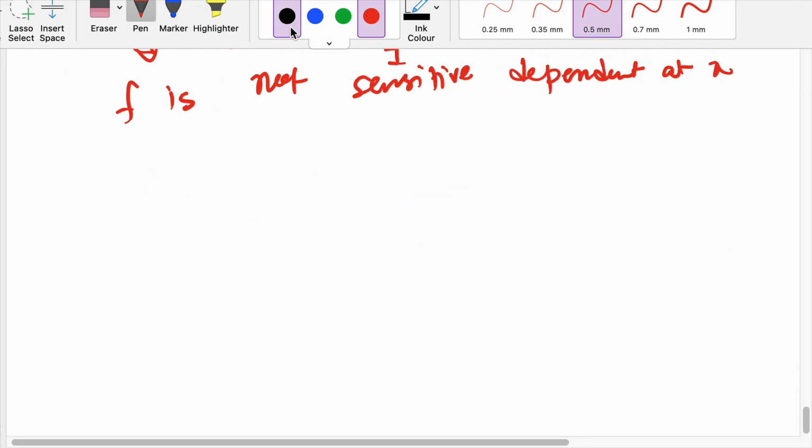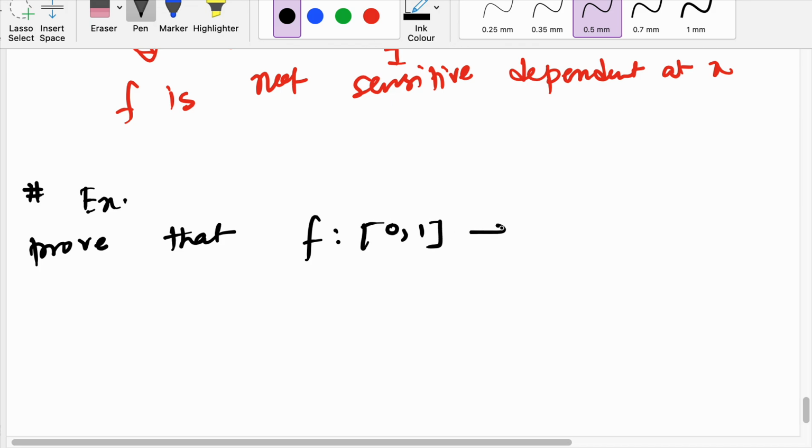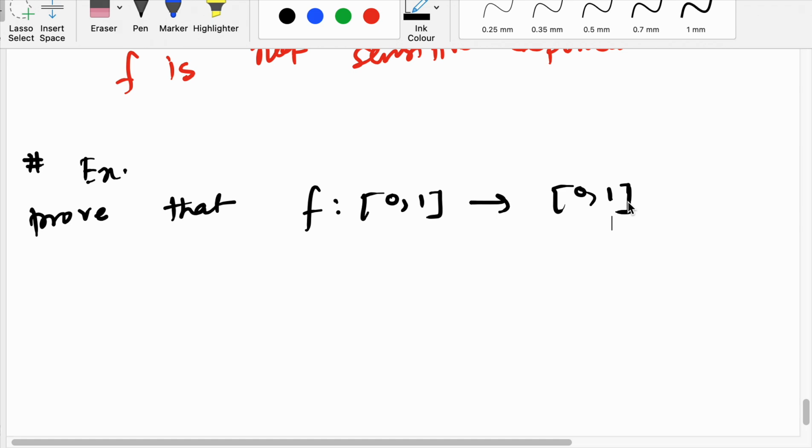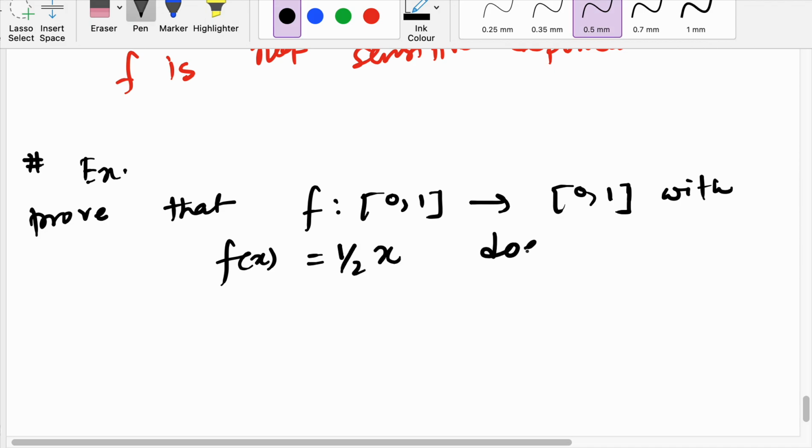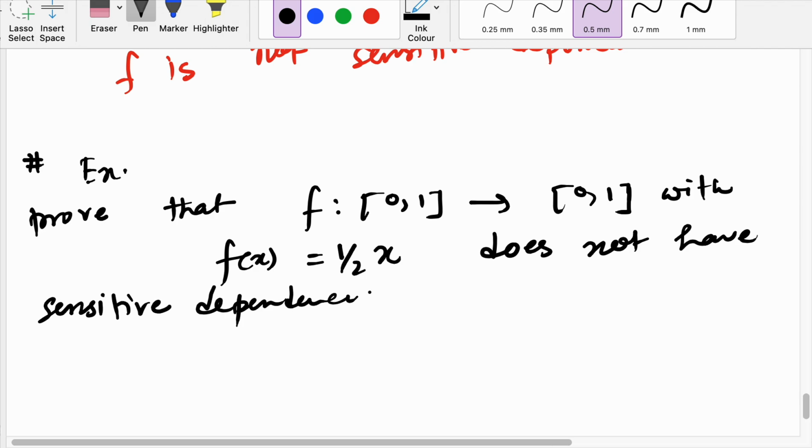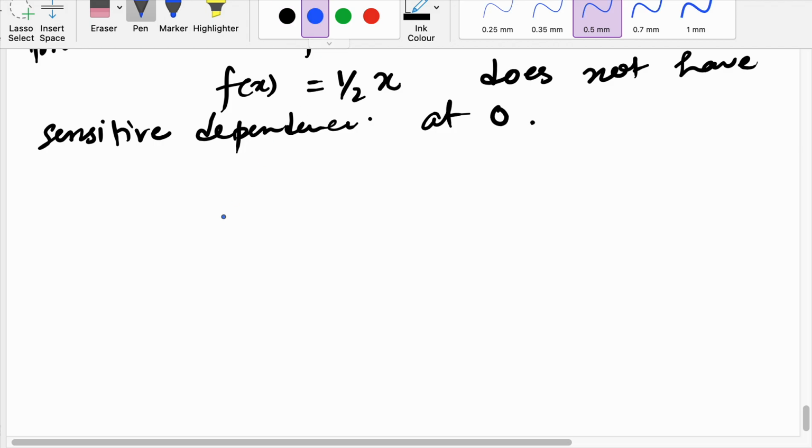As an example, prove that the map from [0,1] to [0,1] with f(x) equal to half x does not have sensitive dependence at 0. So we have to do that